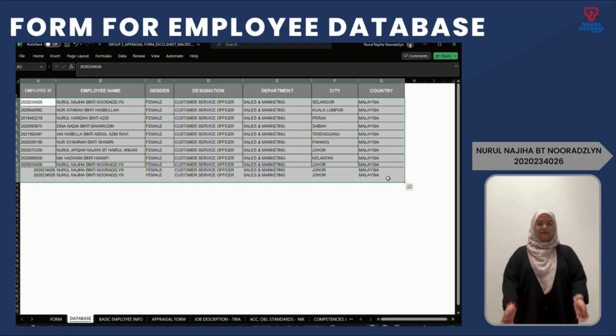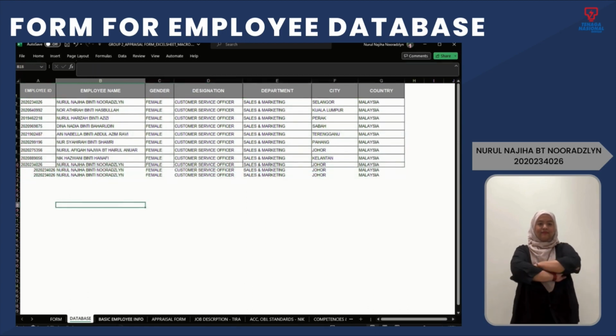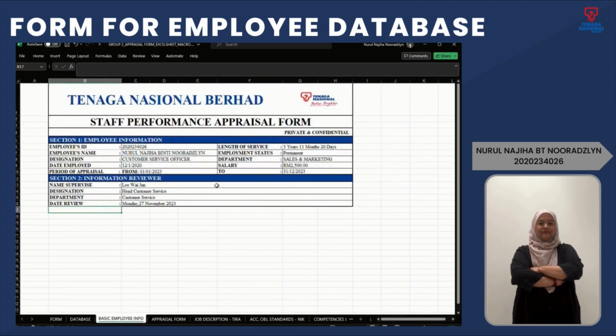Next, we move to basic employee info. Basic employee info is the same as the database, but in basic employee info, you can see the ID, the date employed, the salary, the department, the length of service, and of course we have two sections, which is employee information